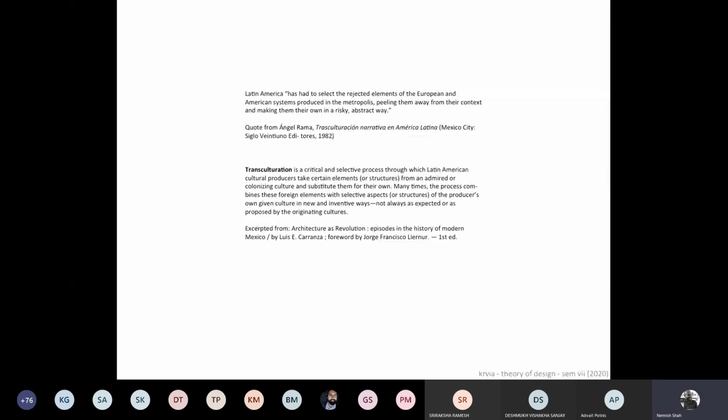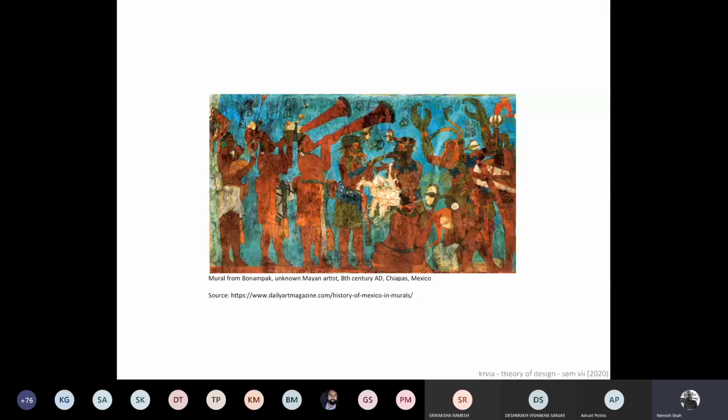So you understand, this is like a mixing of different cultures, and you figure out what you want from your place of inspiration, or from where things are coming to you, substituting that with what is indigenous to you, and then creating a new sense of architecture. And the most important thing in Mexico was this idea of murals, wall art. And obviously this has a deeper history.